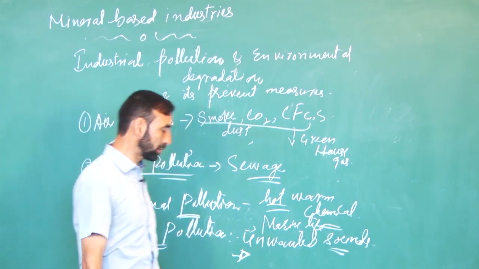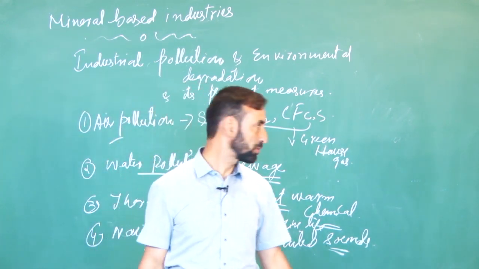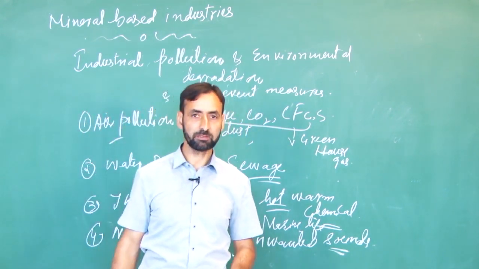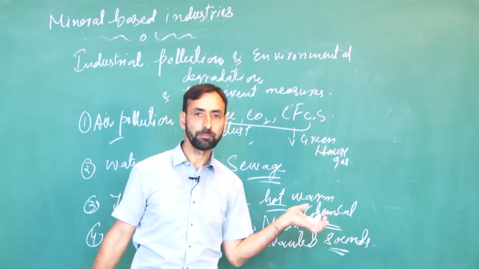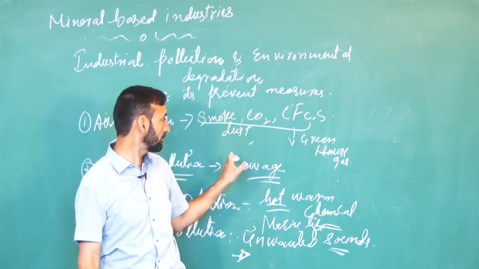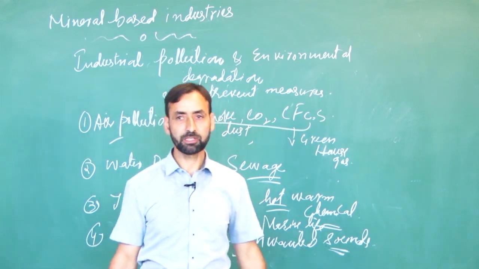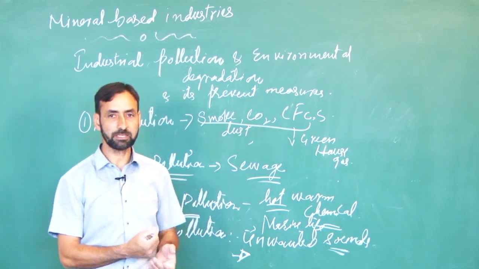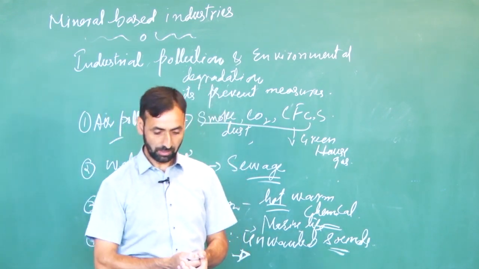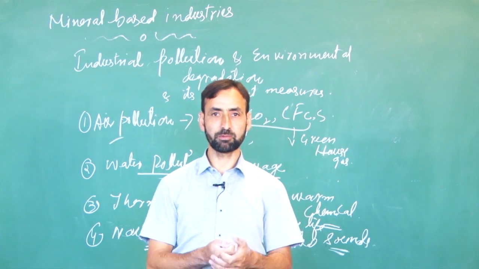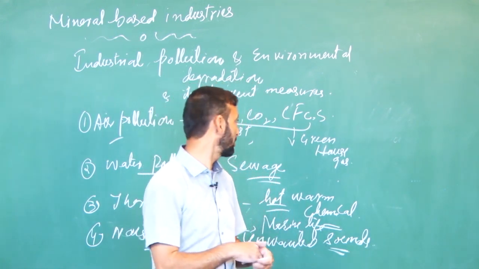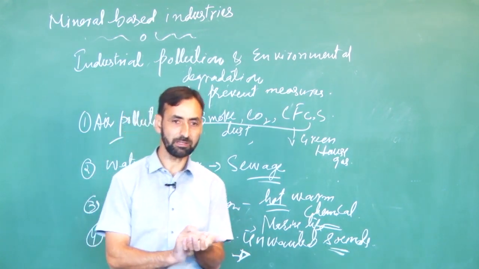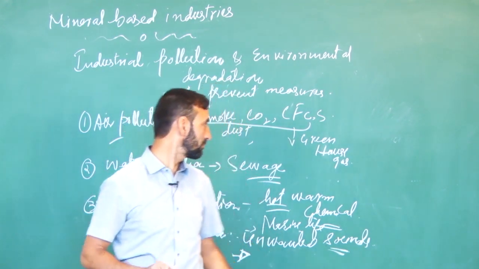What are the preventive measures of all these pollutions, particularly water pollution? Now these are prevented by three ways, that is physical, chemical and biological methods. Physically, we can treat this water by two methods, that is sedimentation and flocculation. There is the sand and there are other chemicals which are in the water which has been polluted by these pollutants. First of all, they should be settled down, these sediments, and the upper water will be separated.